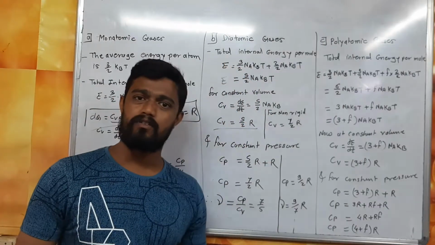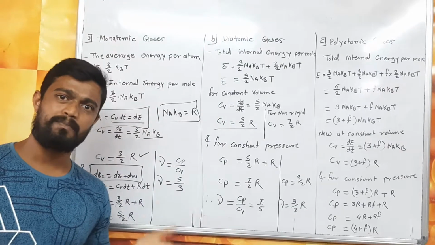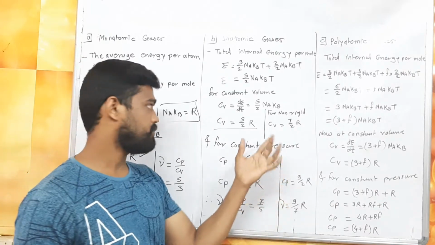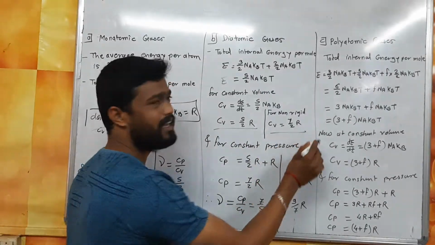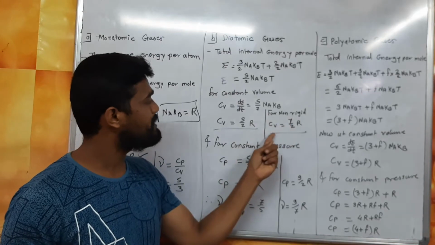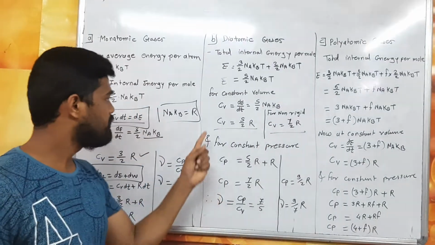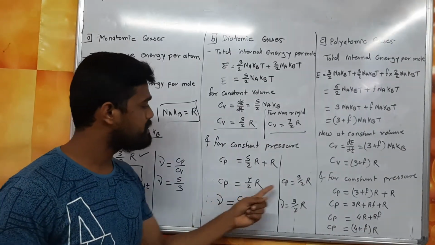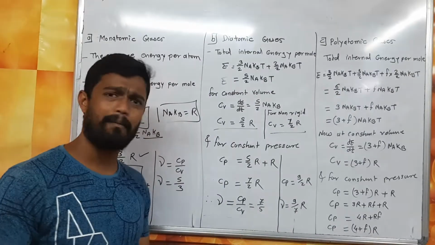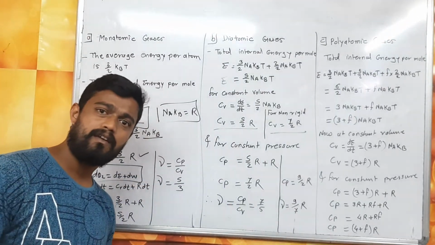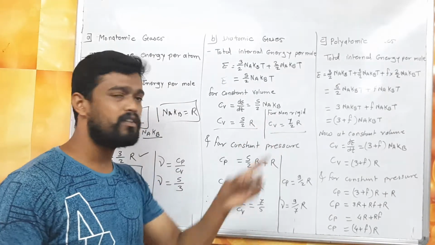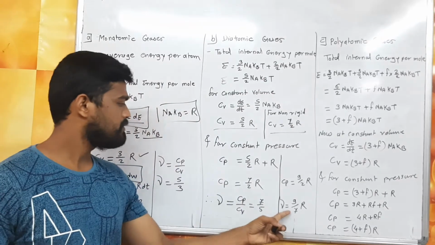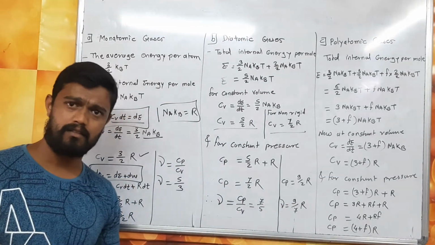So now we find out the ratio of specific heat for non-rigid rotator. For non-rigid rotator, then what happens? My Cv's value is directly written here. For non-rigid rotator, my Cv is equal to 7 by 2 R. Okay, 5 by 2 is replaced by 7 by 2, and Cp is 9 by 2 R, replacing 7 by 2. So I got gamma, the specific heat ratio for non-rigid diatomic gases, is